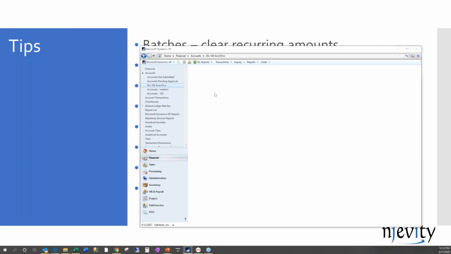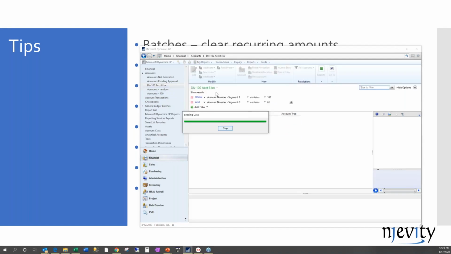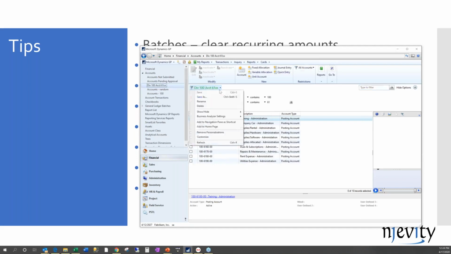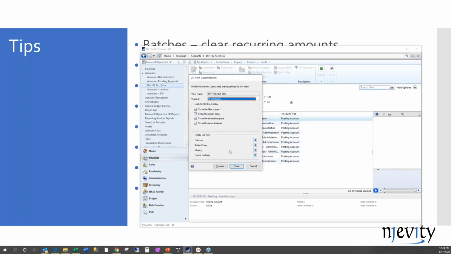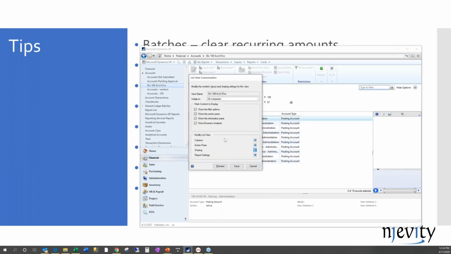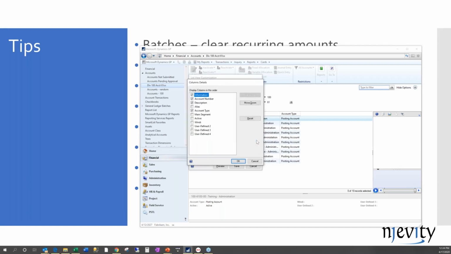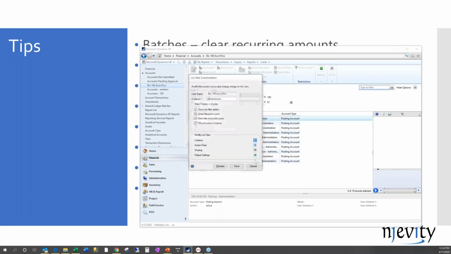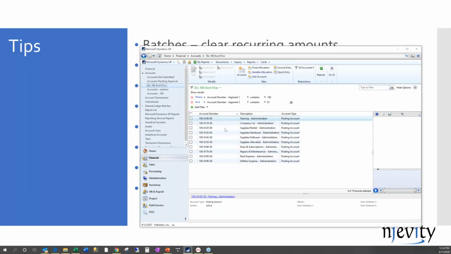Once it's saved, you can actually choose who gets to see this. So there's a lot you can do when it gets saved. I can customize it, and I can come out here and tell who gets to see this and who doesn't get to see it, and what columns are included, so I could add additional columns, etc. So there's a lot of stuff I can do to it once I get it saved to really gussy it